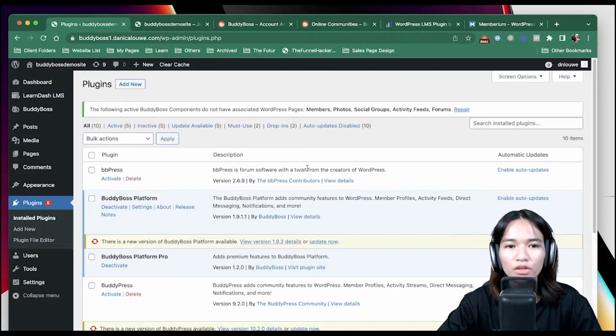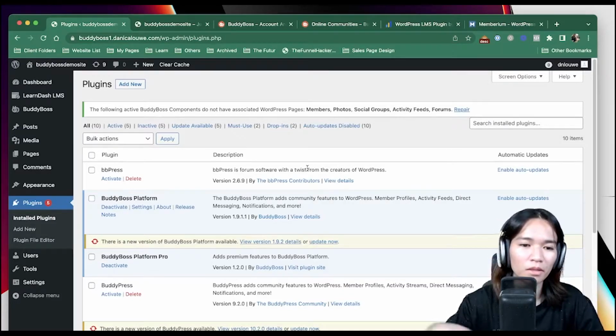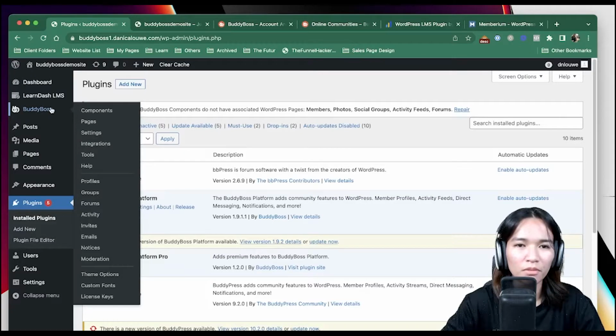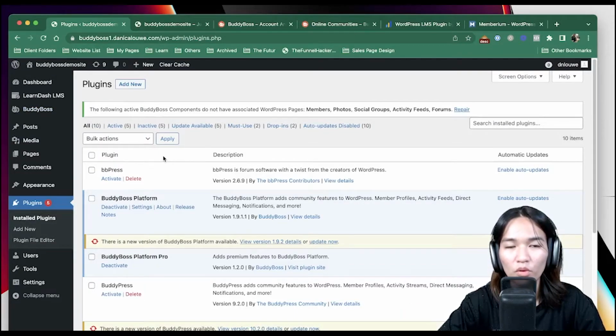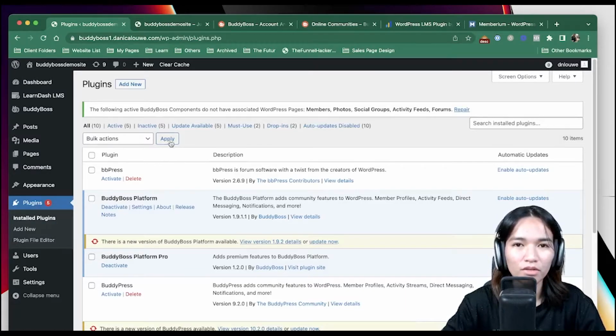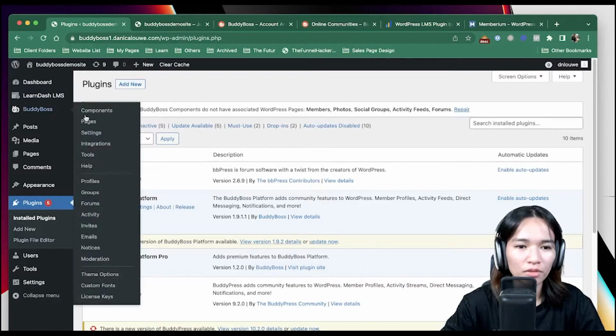So after you've installed BodyBoss Platform and BodyBoss Platform Pro, you will see that in your plugin list. You can then access this BodyBoss on the backend, and you will see there's different options here regarding the BodyBoss theme and its functionality. Now, if you have used BuddyPress before, this is similar. It just looks better and has some advanced functionality than the original BuddyPress, but you'll get familiar very easily if